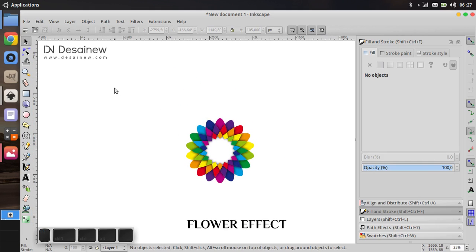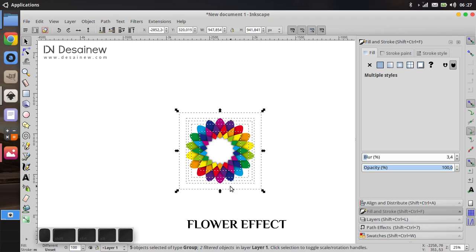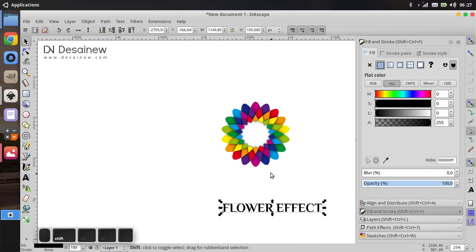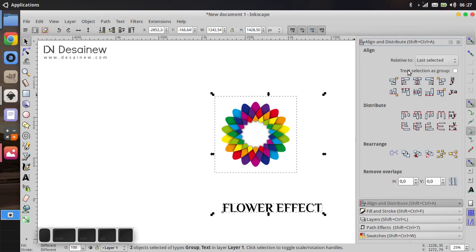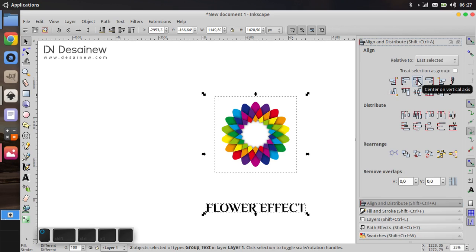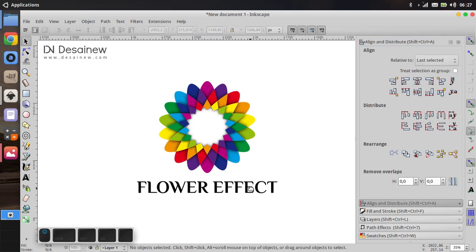Here I group the flower object with Ctrl+G on the keyboard, and for the flower effect you can align and distribute, center on vertical axis, like this.